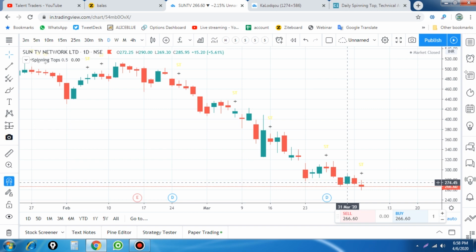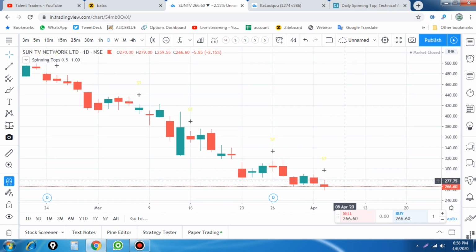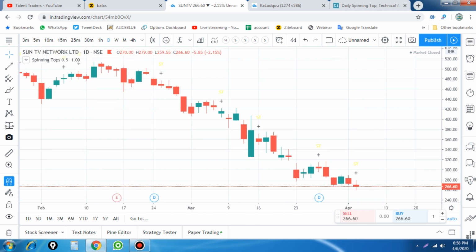This is not a bottom reversal, and it looks like a morning star, but the only difference is the candle is the key. We can use both candles for a reversal, morning star or evening star. So what are the things we are going to focus on here? First thing, the trend is down. Okay, clear downtrend, so that one criterion is satisfied.